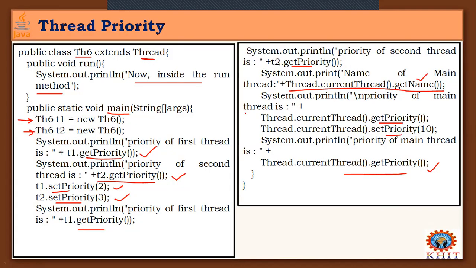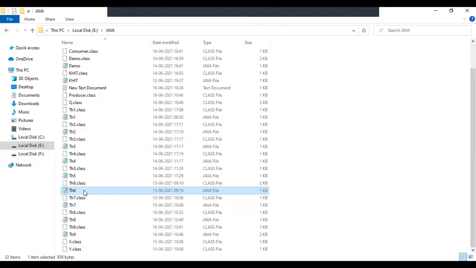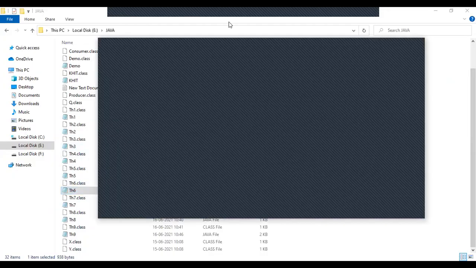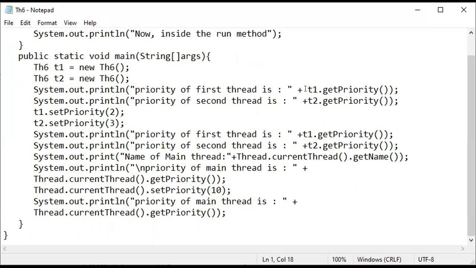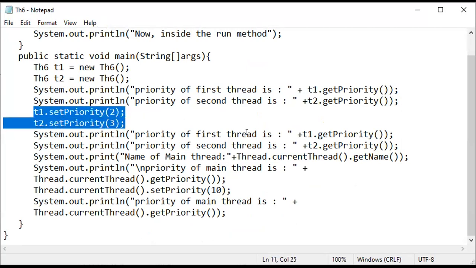Let's go to the execution part of this one, Thread6. As it is, I have taken the same here. th6 extends Thread, getting thread priorities of T1 and T2 and setting those two priorities with 2 and 3.